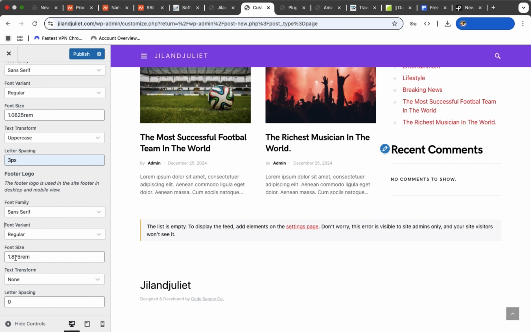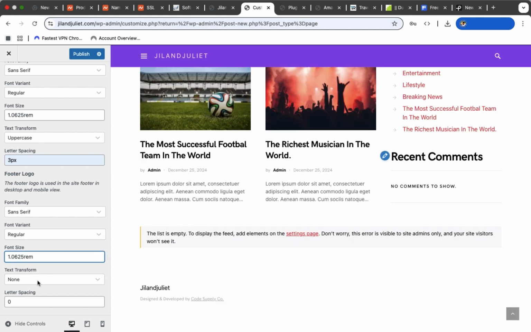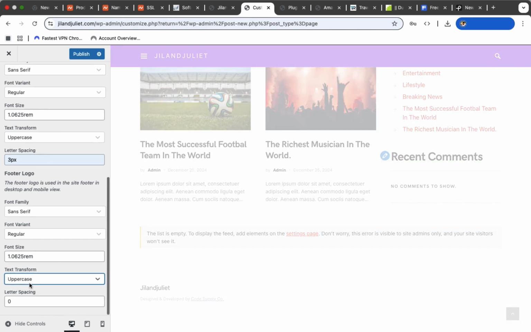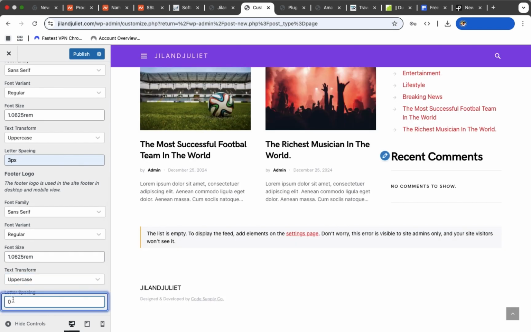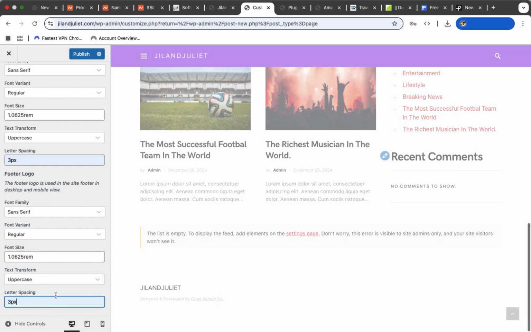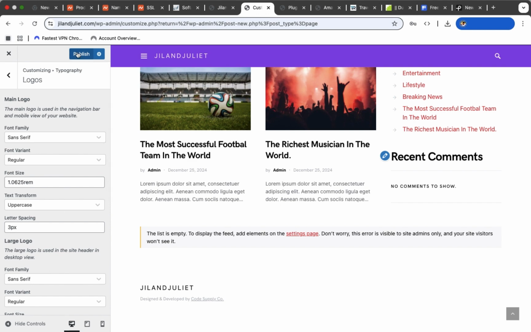Font size 1.0625, and here you select the uppercase, and for letter spacing, select 3 pixel as well. Now we are done with this side. You publish, then you go back